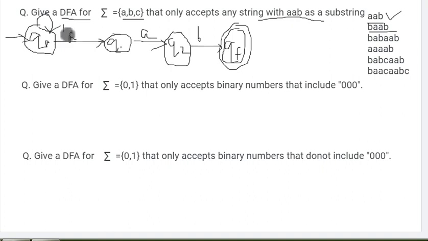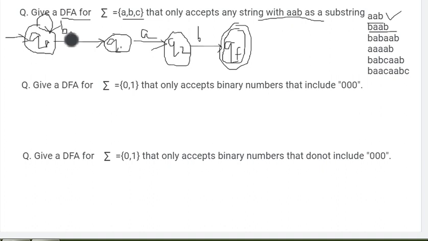It is a DFA, and I said that for every input there must be a unique path. For A, there is already a path from Q0 to Q1, so there must not be any other path. But for any other element there can definitely be a path. B is another input element, so for B there can be a path. Q0 on A, one path is over. Q0 on B, I am giving the loop.